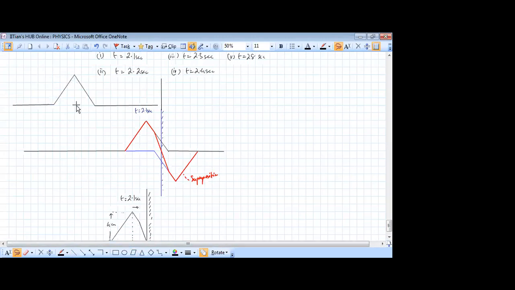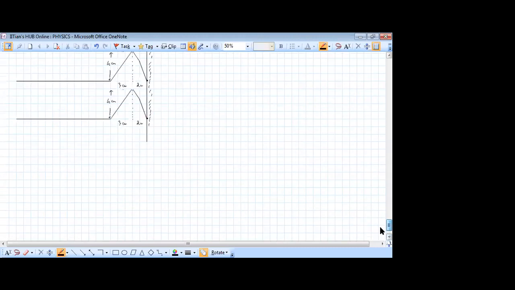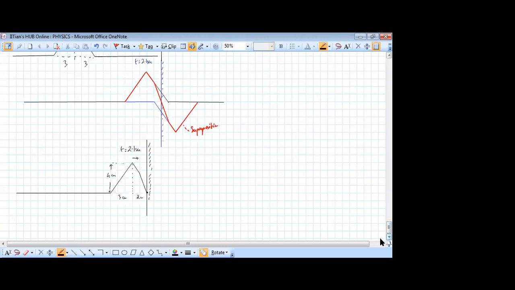So you can see how the shape has changed from here to here. So it has changed from that shape to this shape. Okay. Now if you see at 2.2 seconds,